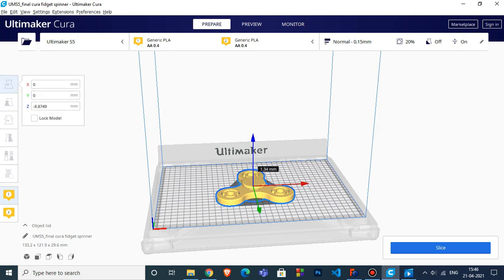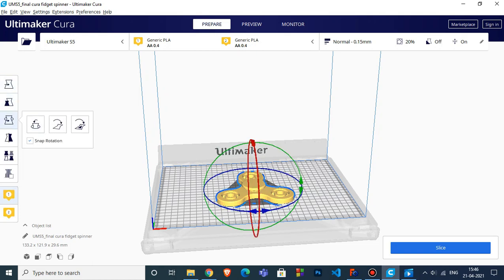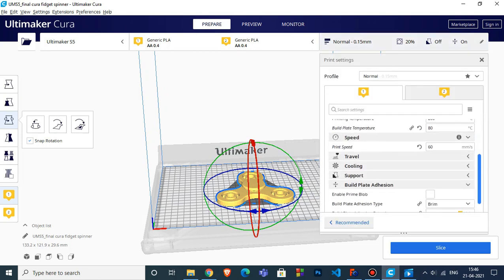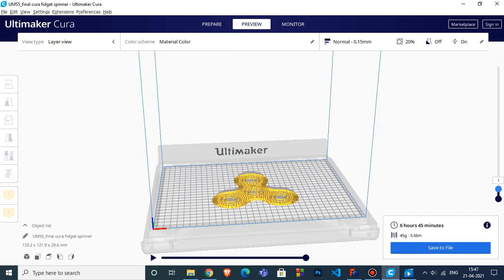I placed it on the model, and then I checked the rotate option and tried to rotate it, and then I checked other features such as infill density and the speed, and then I sliced the part and checked that it takes less than 8 hours, and I checked how it is made properly from the initial stages.